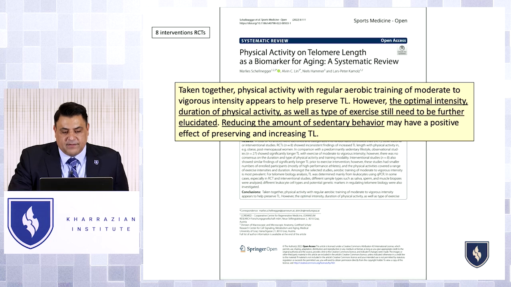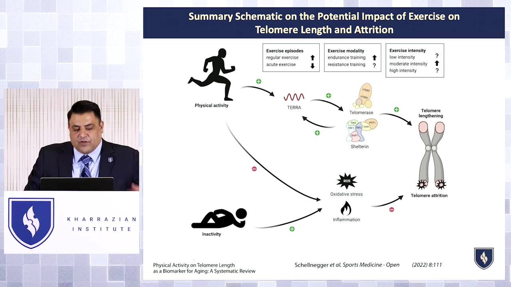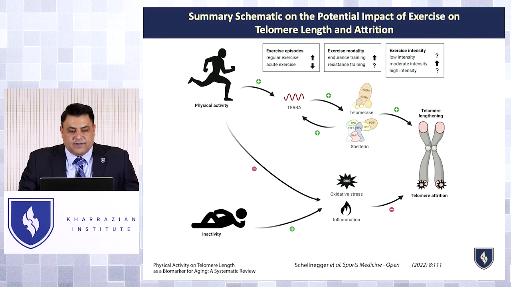So it's really this balance people have to achieve, but definitely increased fitness and VO2 max is ideal. But training to the point of triathlon or marathon activity, greater than 10 hours of increased physical activity, can be a problem. So here's a summary schematic of potential impacts of exercise on telomere length. So you see regular exercise increases.